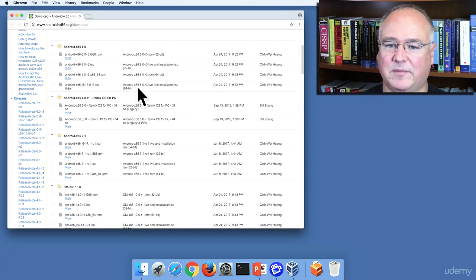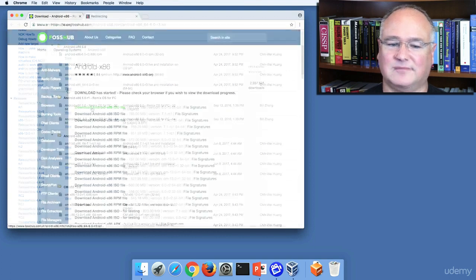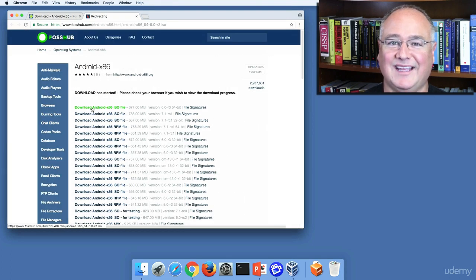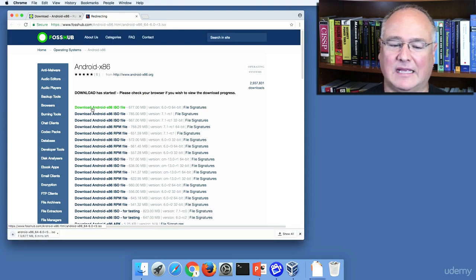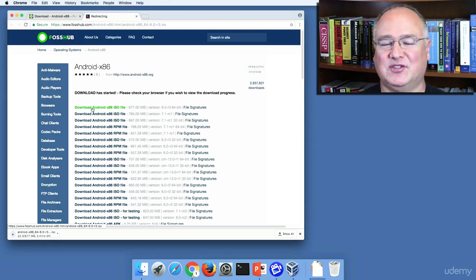And I'm on a 64-bit machine, so I'll choose the 64-bit Android x86 6.0, and we'll download the x86 ISO file 64-bit. And that will take a few minutes to download again, depending on your connection speed. But then we will come over to VirtualBox as soon as that download finishes and start working on the